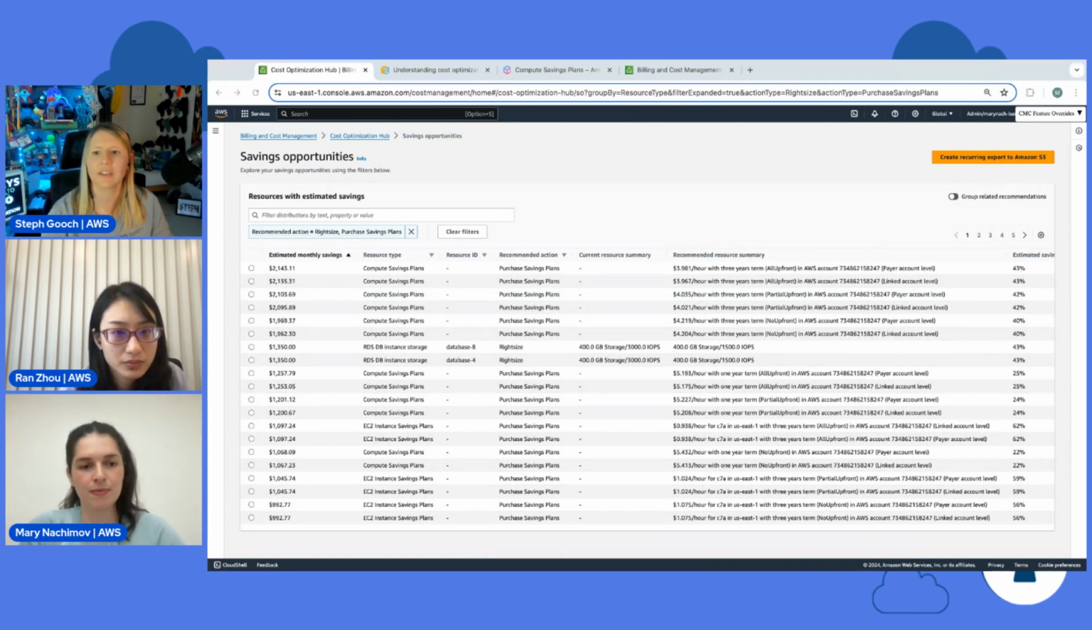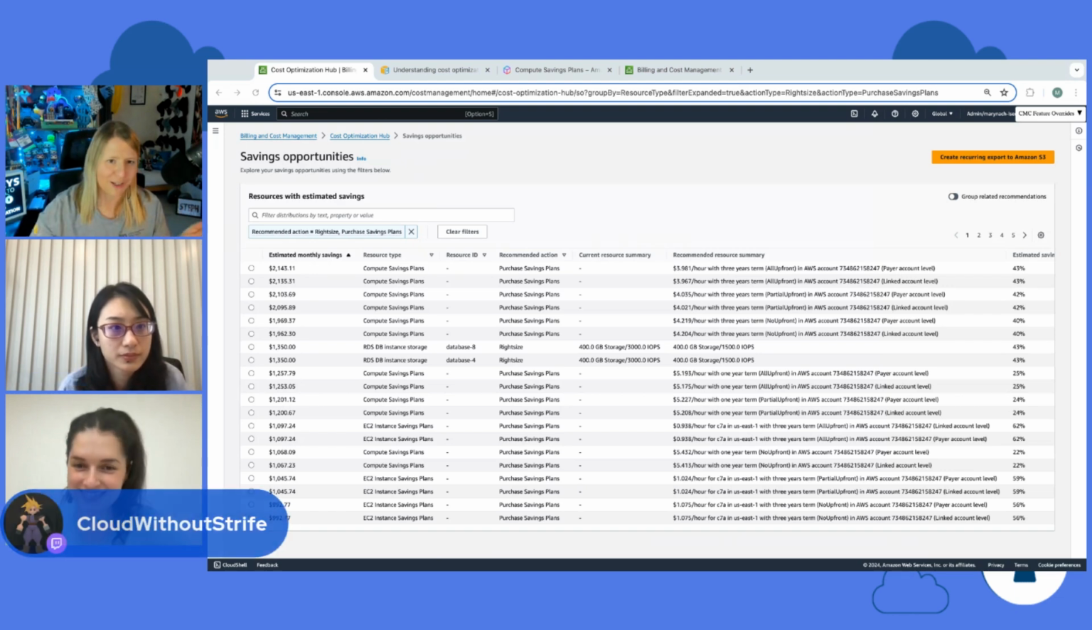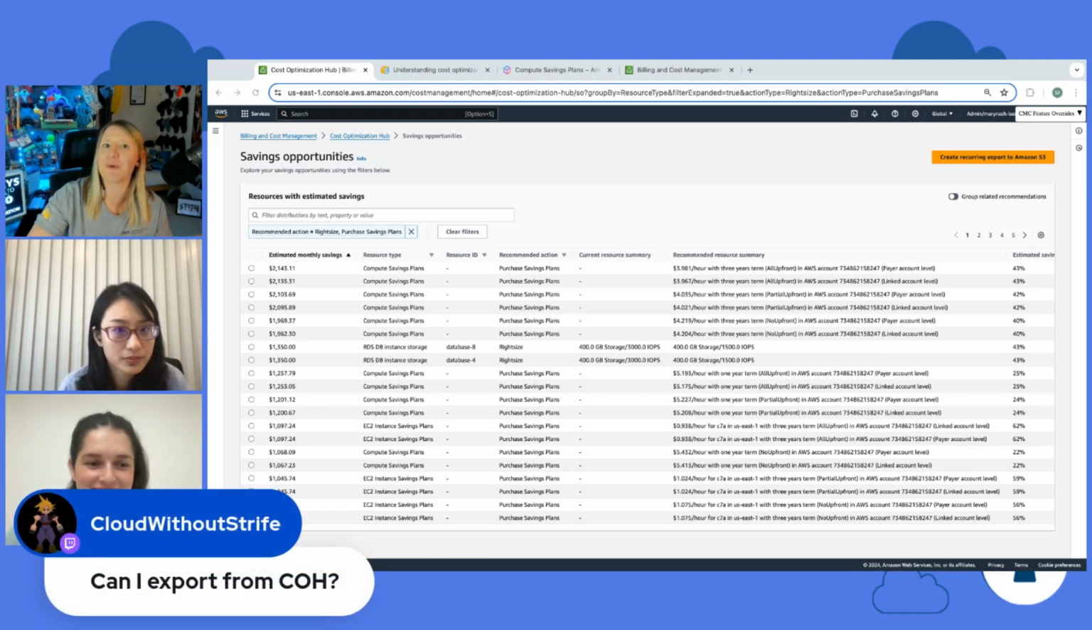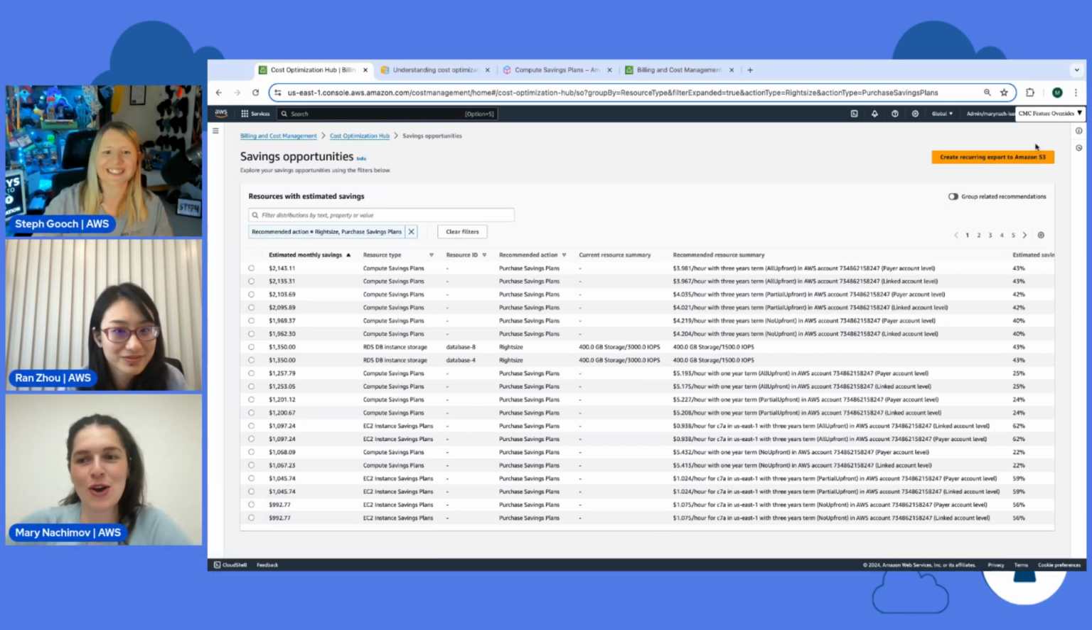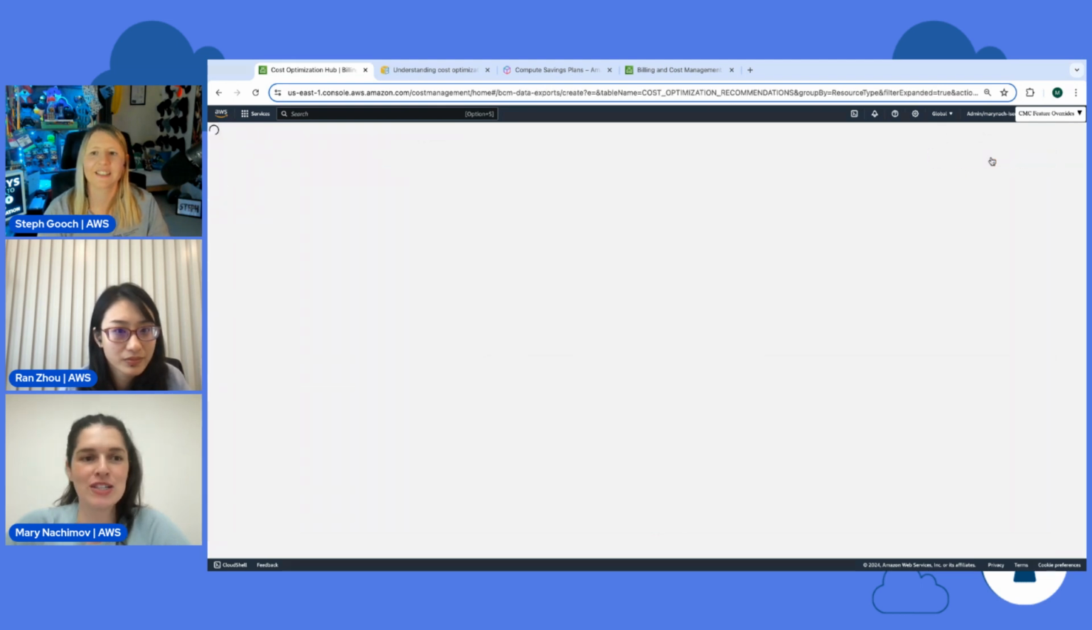And this leads us on to a very important question, which Cloud Without Stripe has just asked, but I know the answer to, which is, can you export Cost Optimization Hub? Yeah, great question. So we have this button over here, create an export to Amazon S3. Once you click on it,